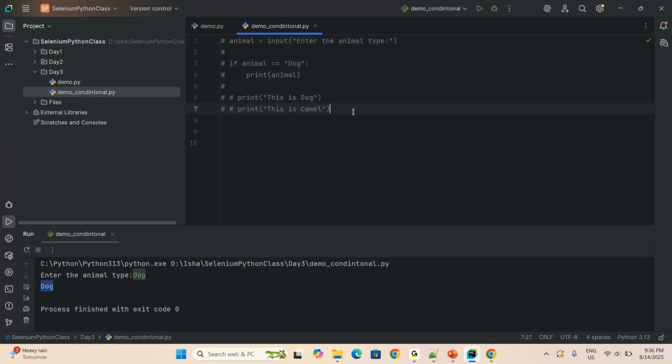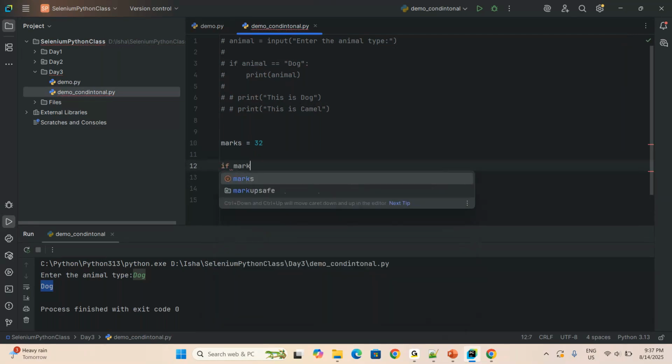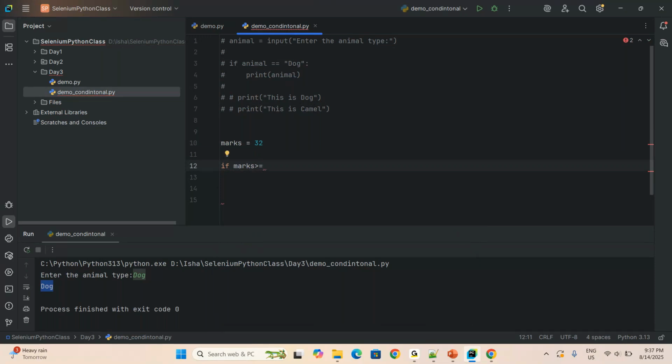No, that's it. I have commented all the things now. Okay, marks, it's a variable. I'm not expecting the user to be prompted. I will just give something like around 32 marks. That's it. Okay, if marks greater than or equal to 35,